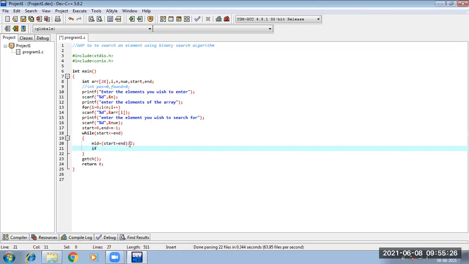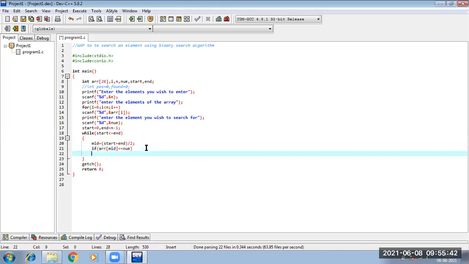Then we are checking if arr of mid is equal to our num.